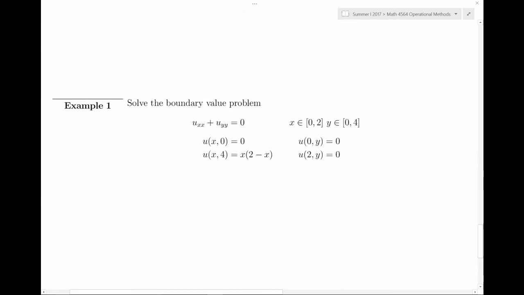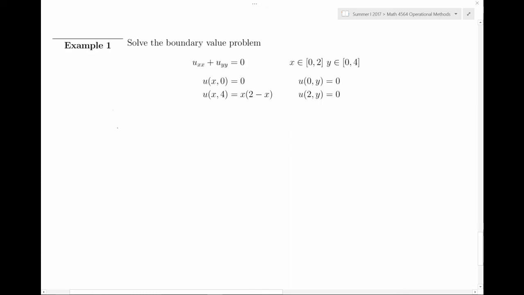when I have x going from 0 to 2, y going from 0 to 4. The boundaries are 0 except at the boundary at y equals 4, which is a non-zero parabola. So the solution here will be a summation of c sub n times e to the pi n y over a, so pi n y over 2, minus e to the minus pi n y over 2 times sine